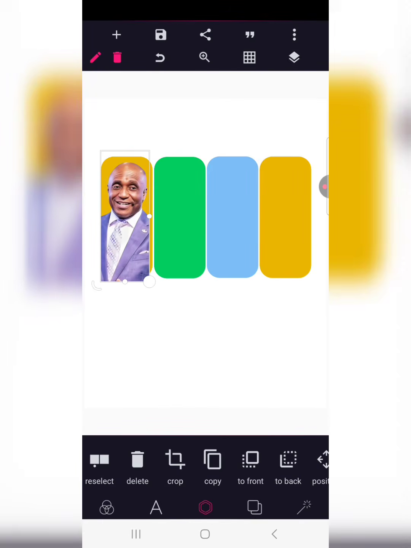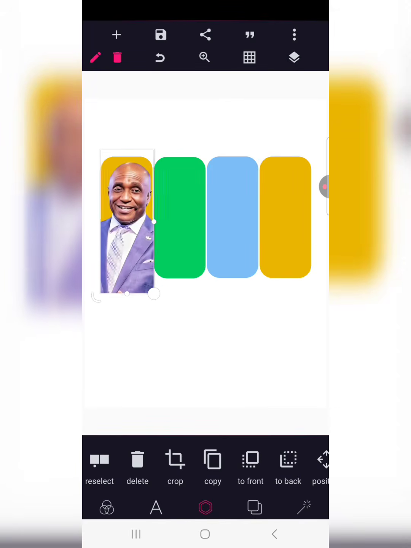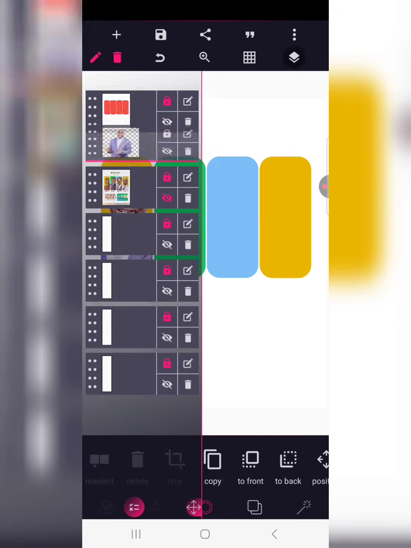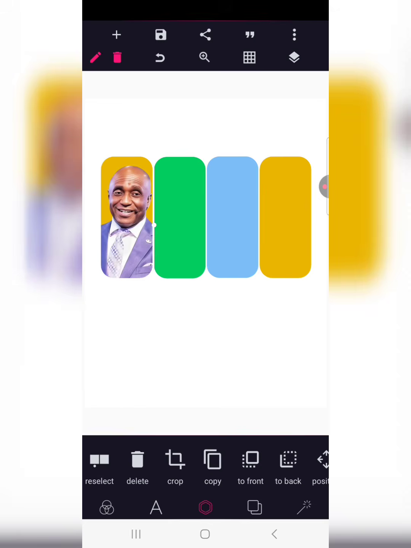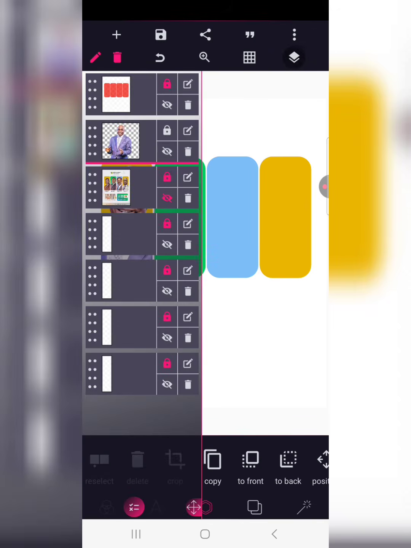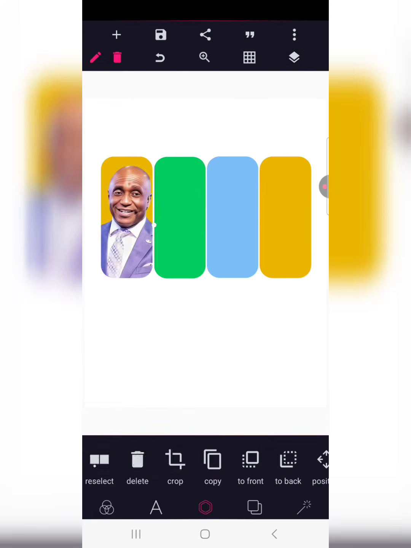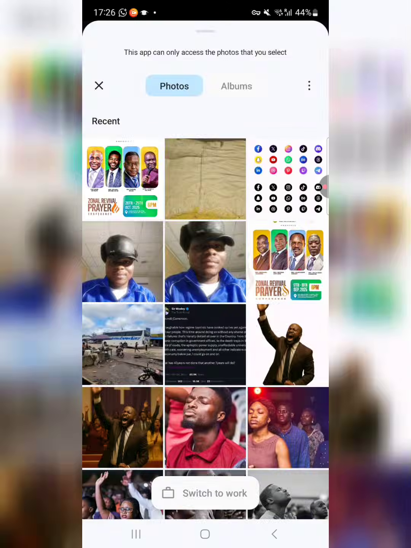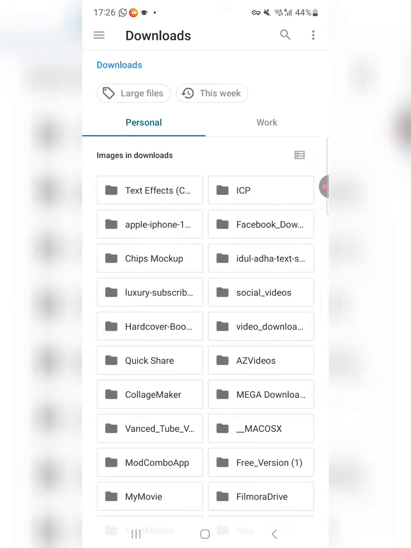So you see the technique to crop these images is to cut it longer. Just cut it longer. So let's try to send this one to the back and see the back of this. Yeah, so I believe you can see this, it's good. And the next thing will be to lock it up, right? The next thing we're going to do is to bring in another image. This time around, let's go to